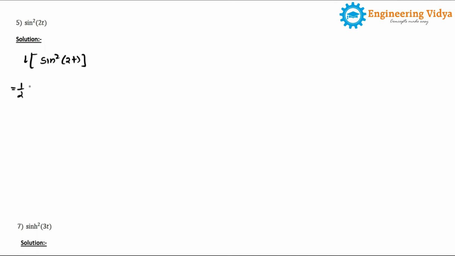In similar way, we can solve the problem number 5 also. In problem number 5, here we have to find the Laplace transform of sin square of 2t, right? So here we'll take 1 by 2 as the outside. So Laplace transform of 1 minus will come, because here we have sin, and cos of 2t, double of 2t will be 4t. So cos of 4t will come, right? In similar way, Laplace transform of 1 will be what? 1 upon s, and cos 4t Laplace transform will be s upon s square plus 16, right?